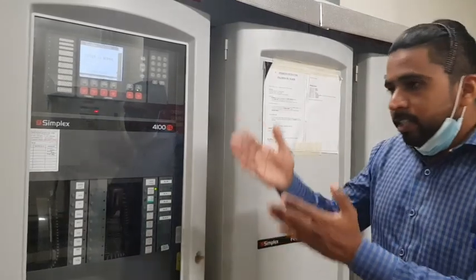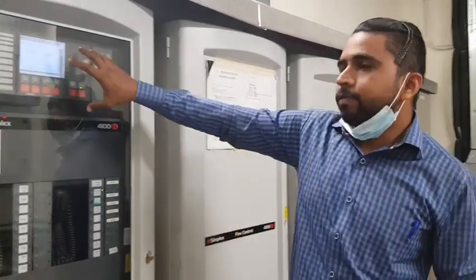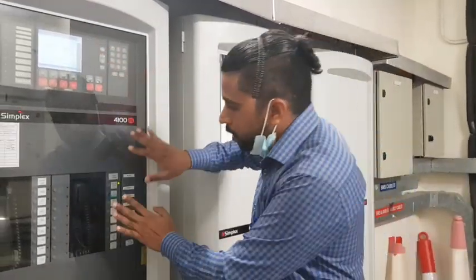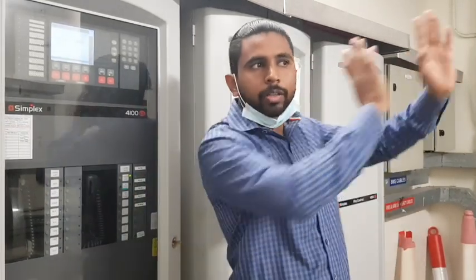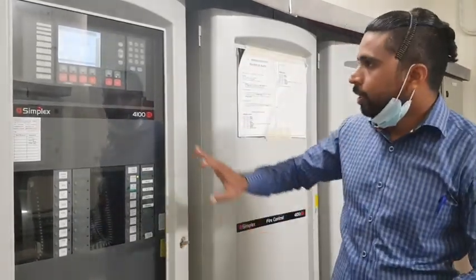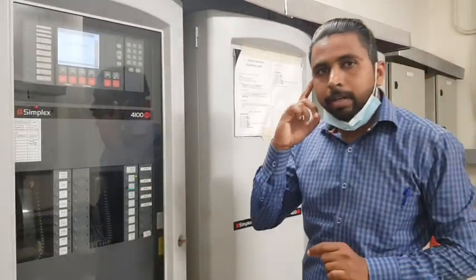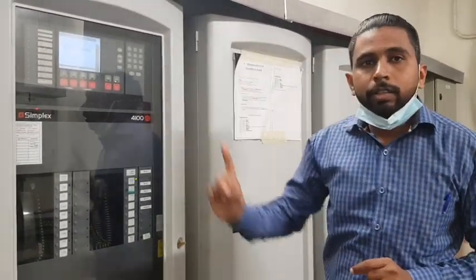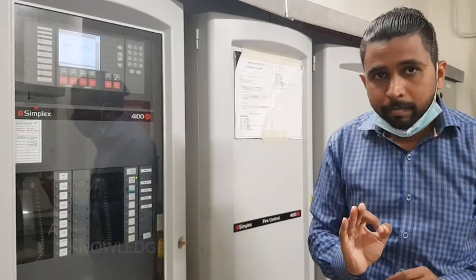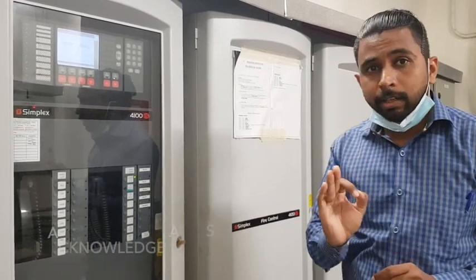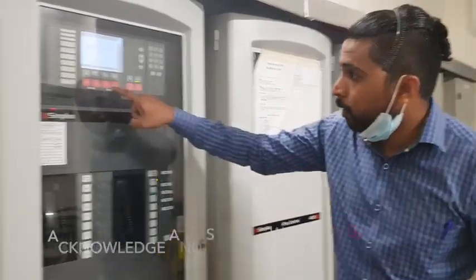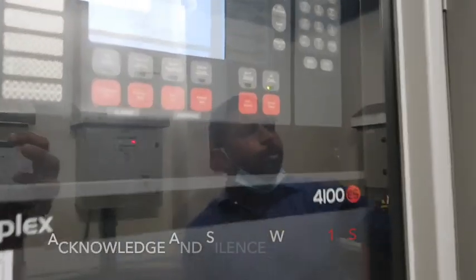Okay, so this is the general thing, but how will he reset it? There is a procedure. If any fire alarm is coming, whether you are operating from this panel or that panel, it's the same thing. It will not change. Once the fire alarm comes, the first thing you have to keep in mind is that you have to acknowledge that alarm within 15 seconds. Acknowledge and silence are the two options. You have to acknowledge and you have to silence it, either one first, it's the same thing, only within 15 seconds.